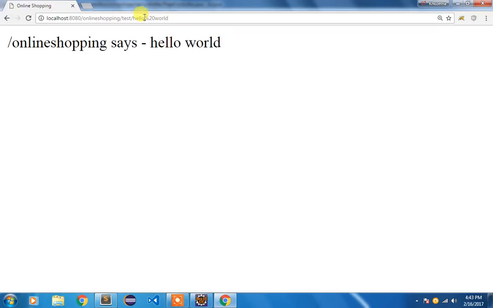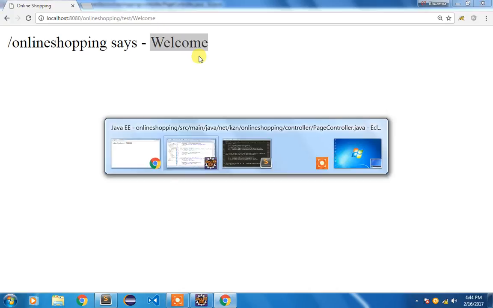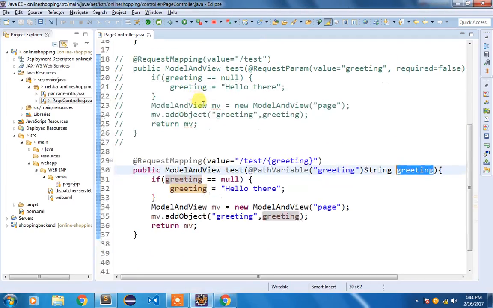It will automatically add that %20, the encoded character, and it will display hello world. And if I type welcome, it will display welcome. So I'm easily accessing that value from the path. In our project we will be required to get the product ID or the product name from the path. We can use this @PathVariable annotation.